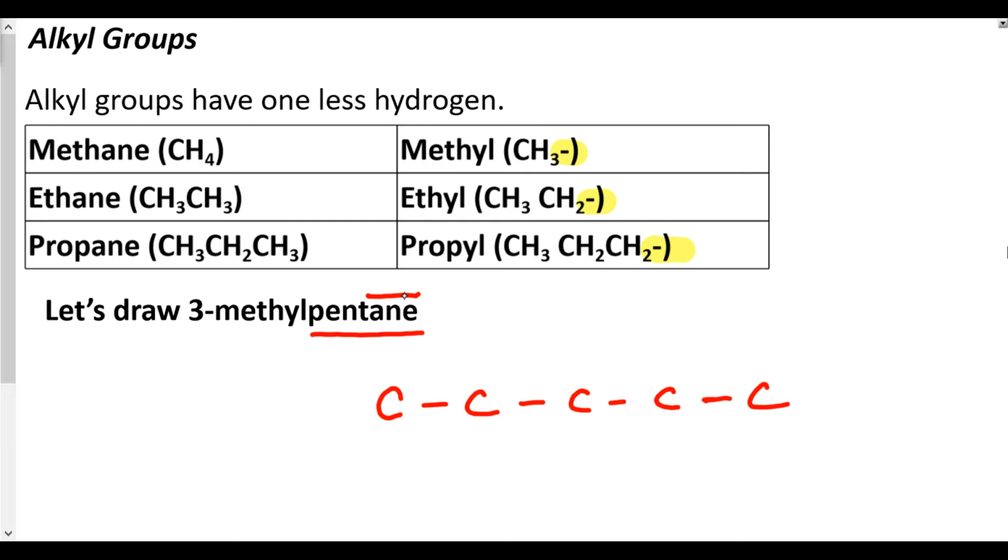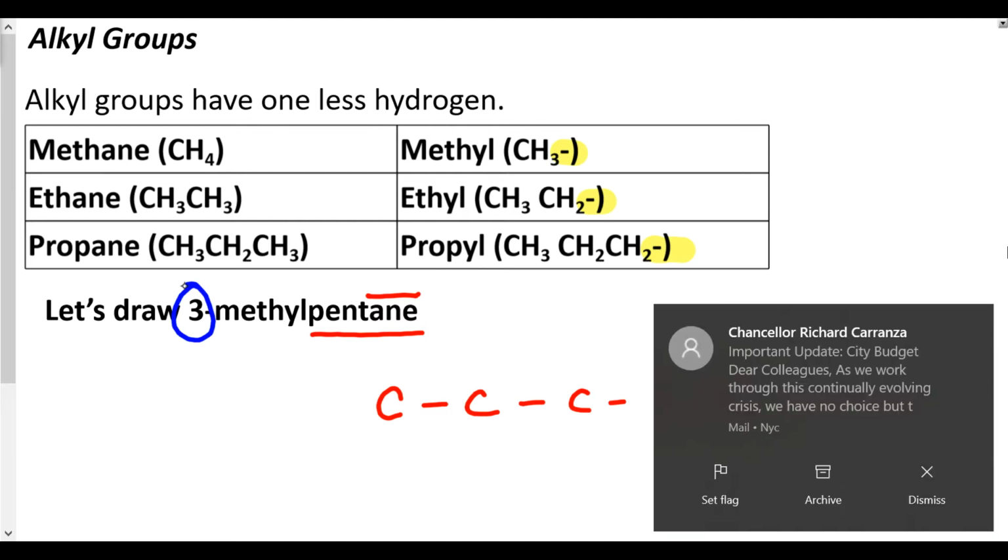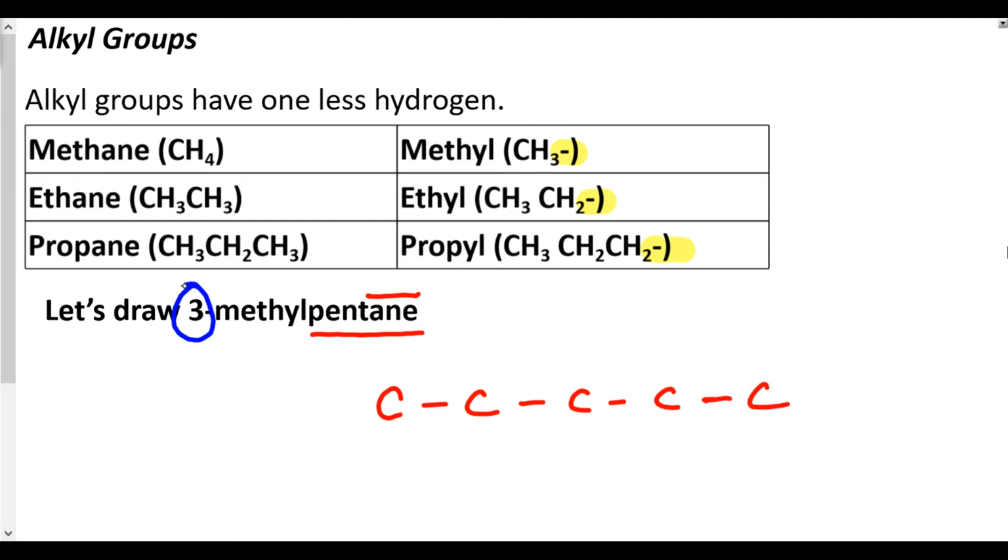Now, I'm not done yet. In my 3rd carbon, I can count from left to right or right to left. You get to decide, and when you decide, please draw it right away. So for my 3rd carbon, let me count it from left to right. I have an additional